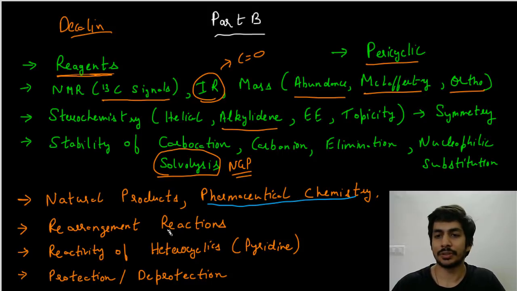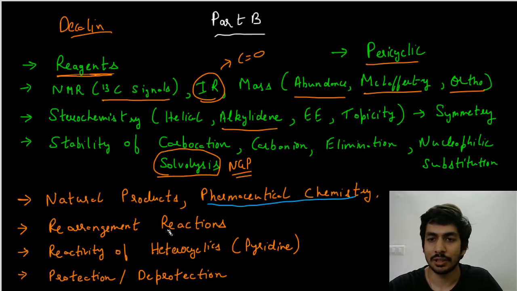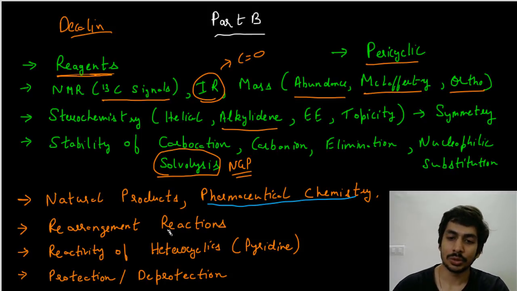Sometimes in one of the papers there was a question based on Friedel-Crafts reaction of beta naphthol. They had asked what will be the most nucleophilic position in the beta naphthol. So those kind of questions, but mostly it will be based on rearrangements, right? Either ring expansion will be taking place or ring contraction will be taking place. Then there is always a question based on reactivity of heterocyclic compounds,